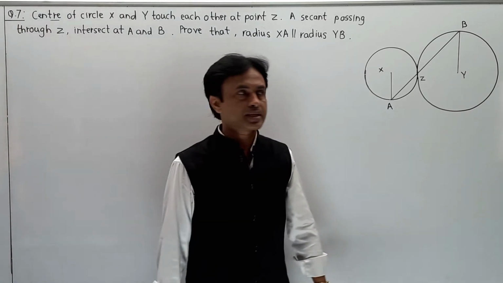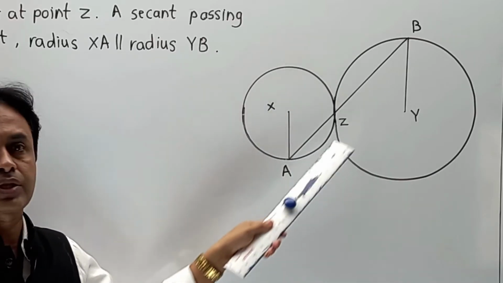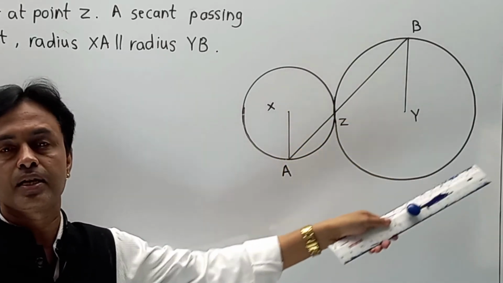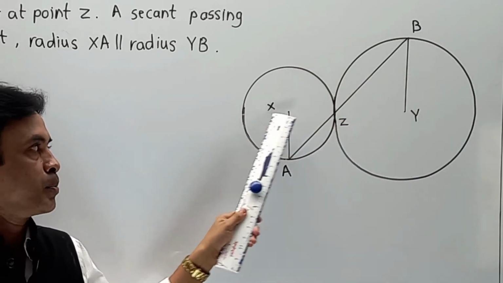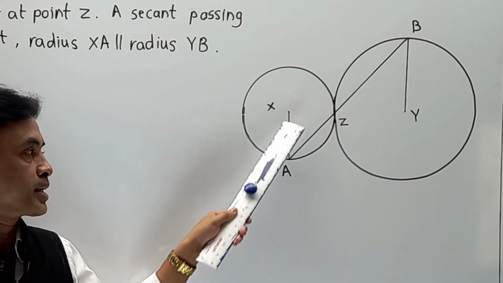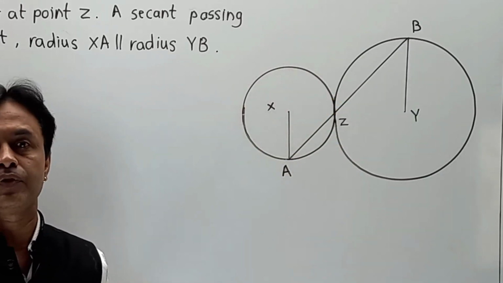Now I'm going to elaborate the same question from the diagram point of view. X is the center of the first circle, or you can say the smaller circle. Y is the center of the second circle, or you can say the larger circle. Both circles touch each other at point Z. As per the condition, XA is the radius of the smaller circle and YB is the radius of the larger